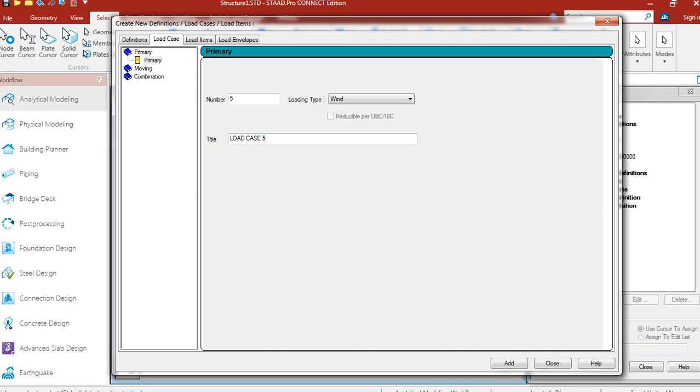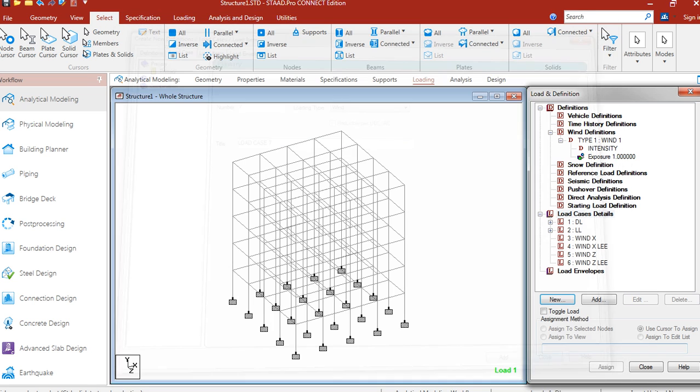and wind z direction, and wind z direction leeward, and so you see 4 wind load cases has